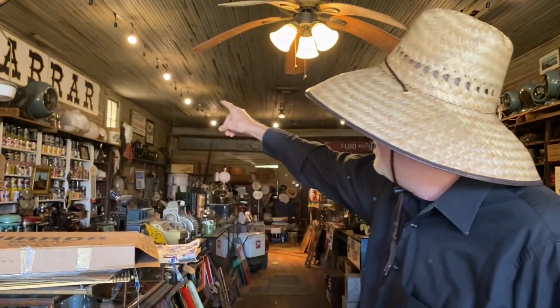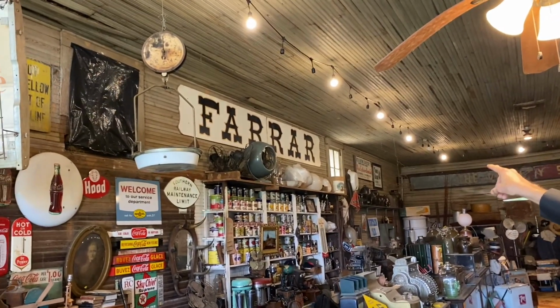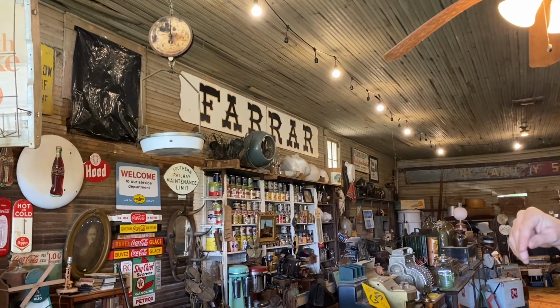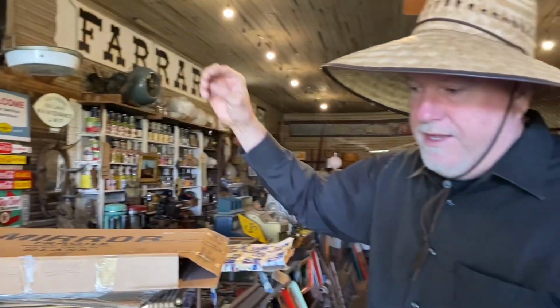And Farah is spelled, as you can see, that old Farah sign was found in a barn in Farah, and that sign is from the 1930s or early 1940s. Never was hung on the old store. But Sherman's generals stayed in the Farah home. They stayed in a log home in Kelly. They stayed in the Lancaster home in between Kelly and Shadydale, and they stayed in the Whitfield Hotel, which was a huge building. Whitfield was the largest landowner in Jasper County,